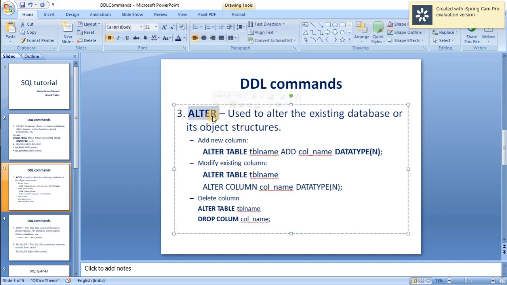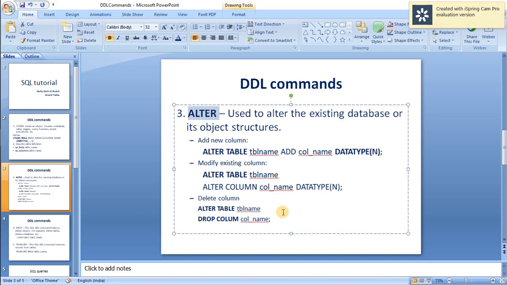This DDL keyword is used to modify the table definition or database objects. If we want to add a new column, the syntax is ALTER TABLE table name, ADD the column, its data type, and the length of that data type.